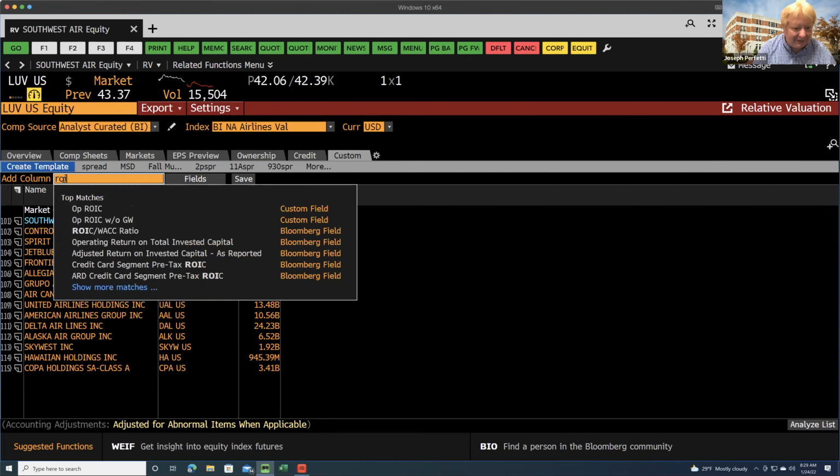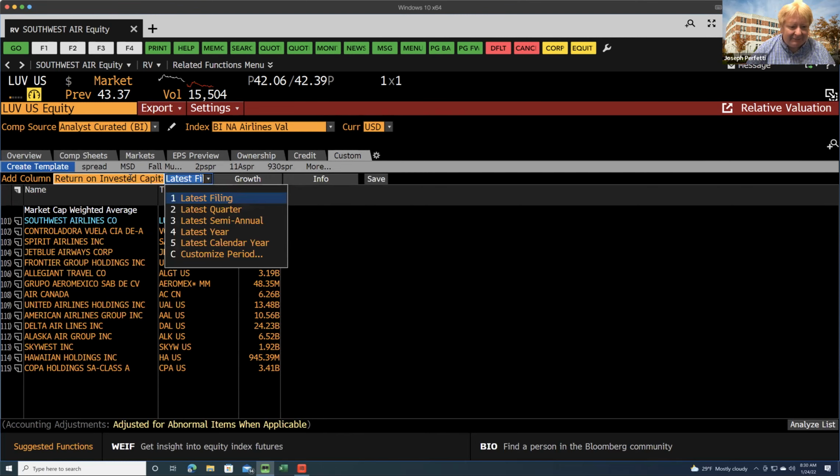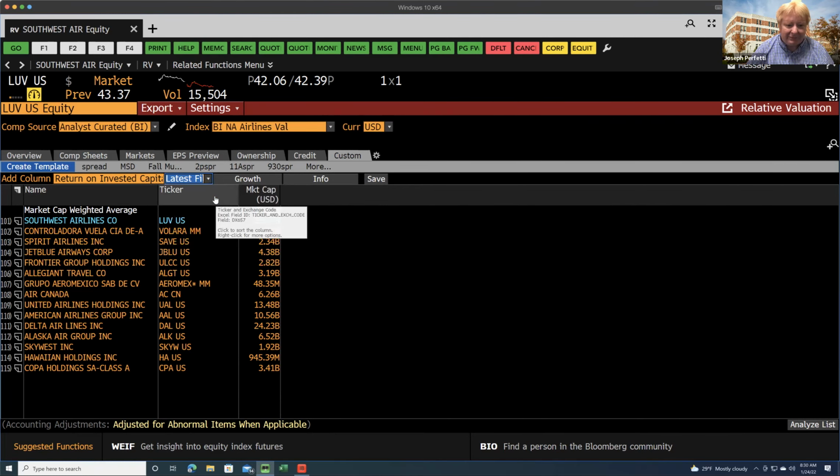So the data point that I'm going to give is called ROIC, which stands for return on invested capital. Very core concept this semester, right? So basically I click on ROIC, it's a Bloomberg field, standard field. And then Bloomberg's going to ask me which ROIC I want, right? And we're going to take the one from the latest filing, annualized for the previous 12 months. So probably through the end of December. And then when I hit enter,